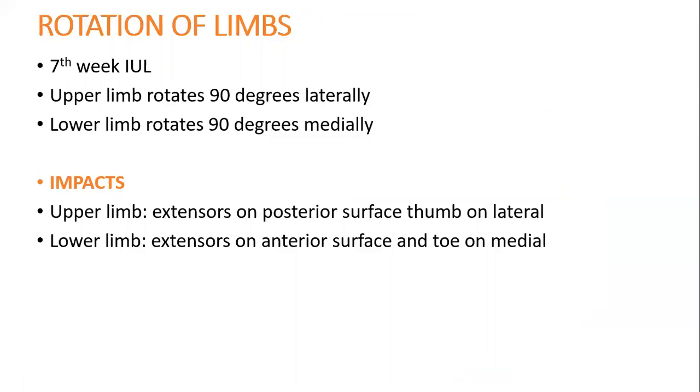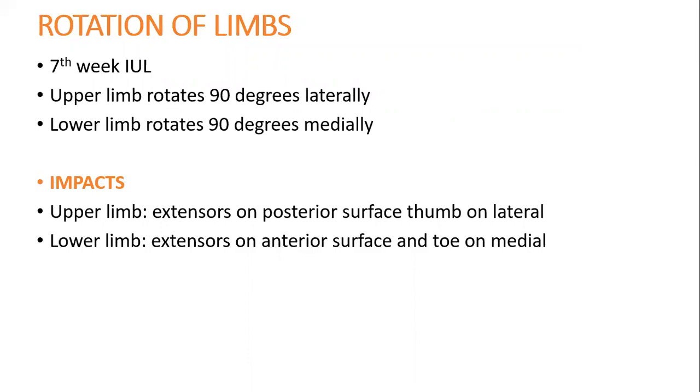So now coming on to the 7th week of intrauterine life. Starting from the 4th week, we have jumped on to the 4th week, when your limb bud forms, but then by the 6th week you have the paddle-like foot and hand plates. By the end of the 6th week to the start of the 7th week, you have formation of your fingers and digits. Now by the 7th week, a very important phenomenon is going to take place.